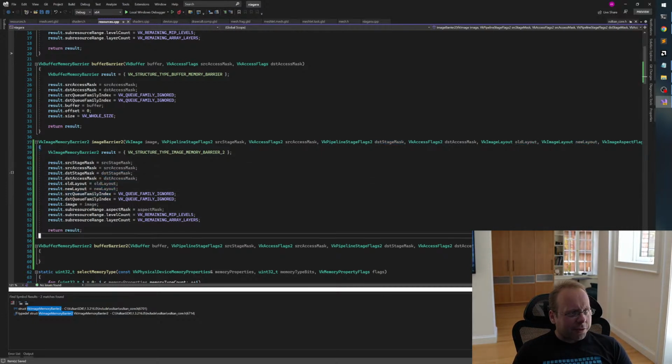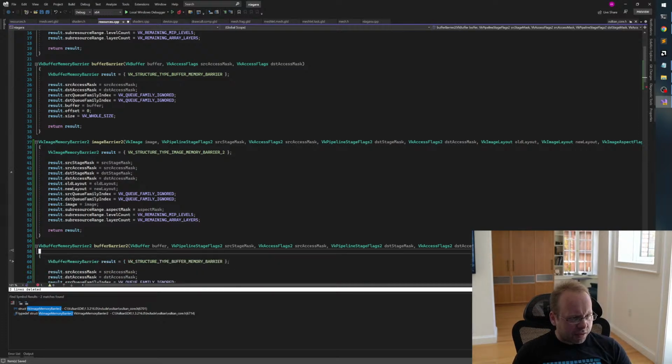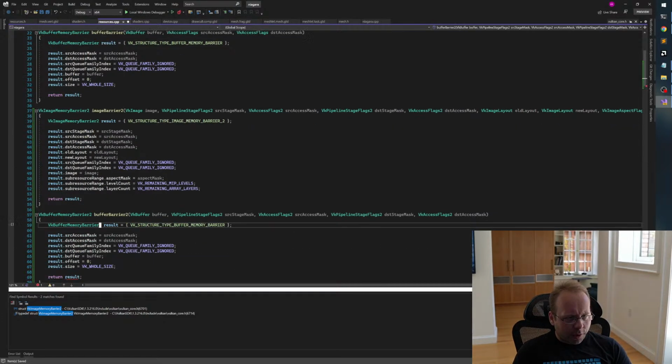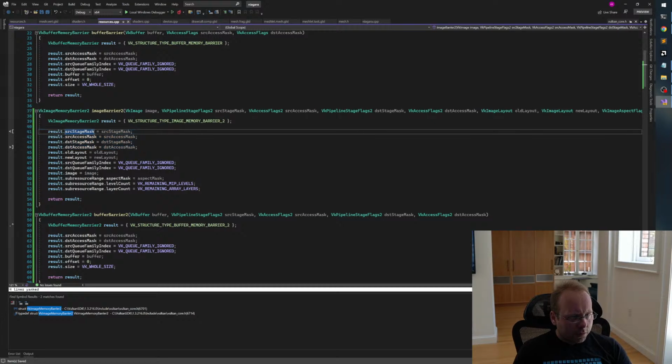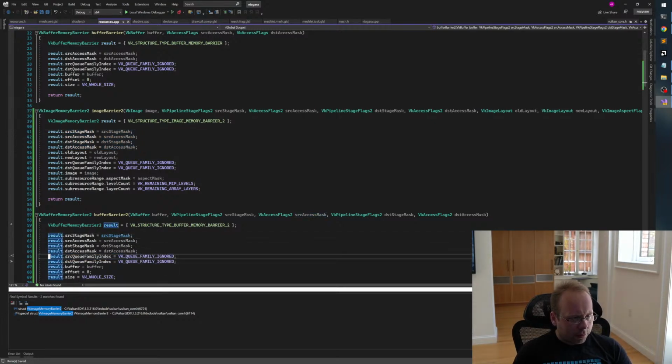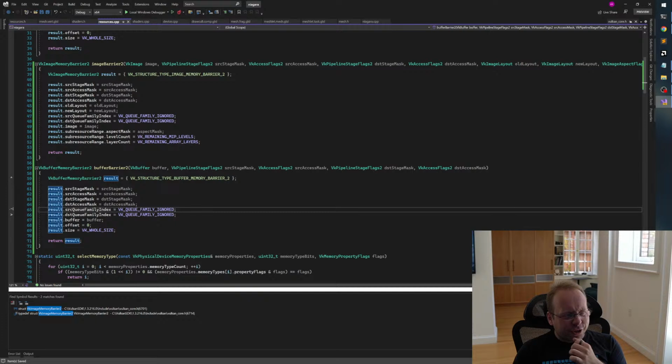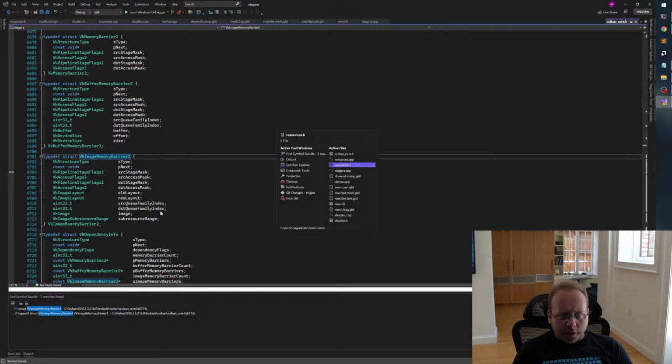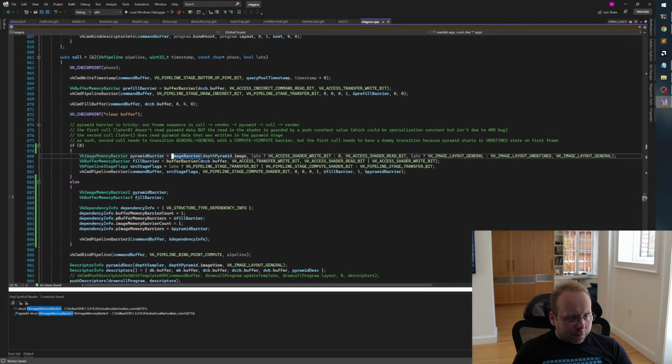I'm just going to blindly assume that if the code compiles, it works. Maybe there's some extra stuff that I forgot just now when upgrading this, but let's just assume. All right, there's some changes around all of this when you use cross queue barriers, but we don't care because we don't use them. All right, so